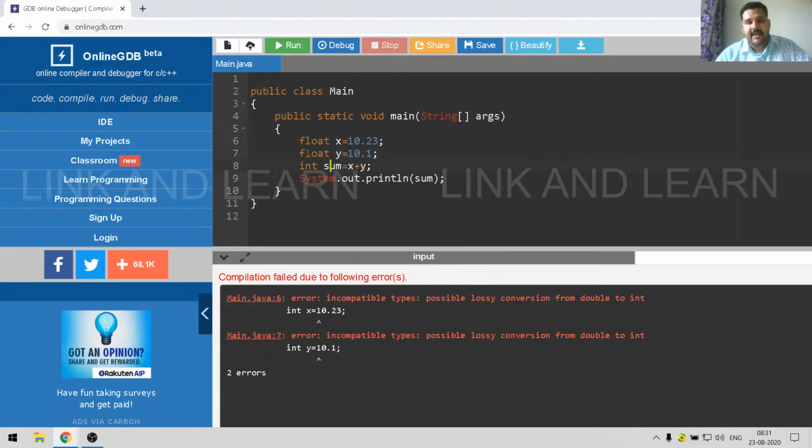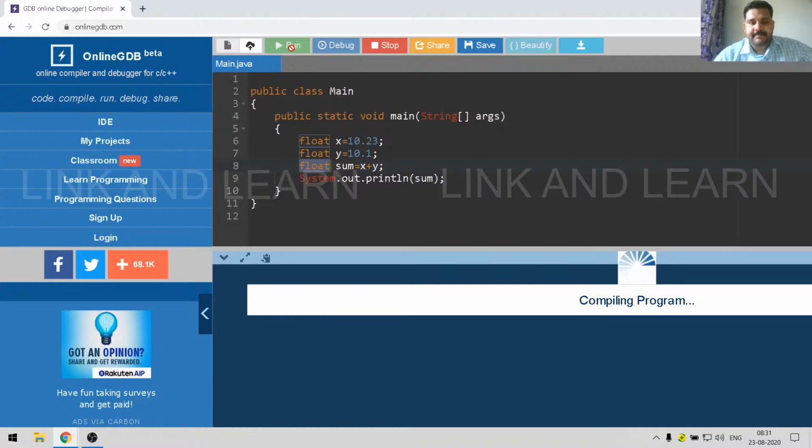To use a decimal value, you specify the data type as floating point. You can use the float data type to store decimal values. I have created two variables x and y as floating point variables, and the third variable sum also as a float variable, because when you add two floating point numbers, the result will also be a floating point or a decimal value, right? So if you run the program,